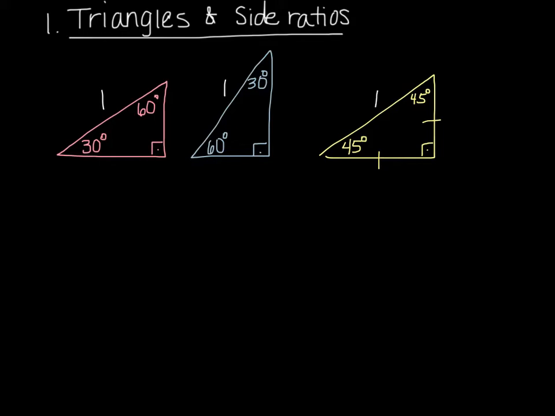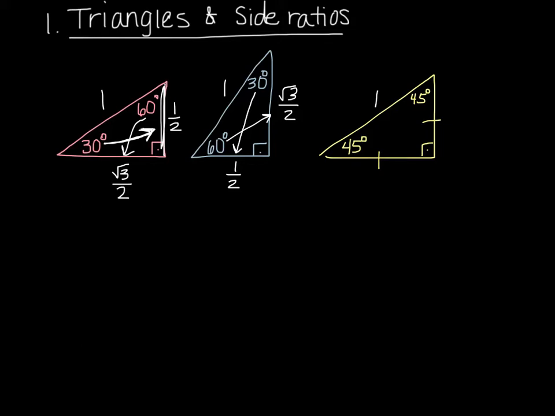So, for example, opposite my 30-degree angle, so if you draw opposite of that angle, that's the side that does not touch that angle, that side is always 1/2. So even on the standing up triangle, the opposite side from that 30-degree angle is 1/2. And then opposite the 60-degree angle is always rad 3 over 2, or square root of 3 over 2. And those are pairs that will always go together, so yes, that is something that you can know.